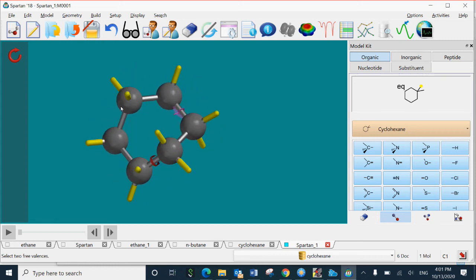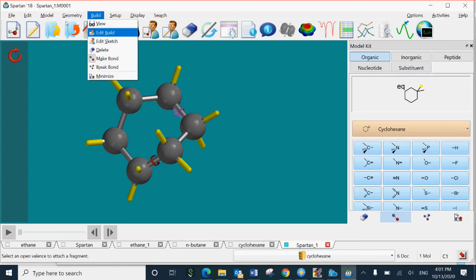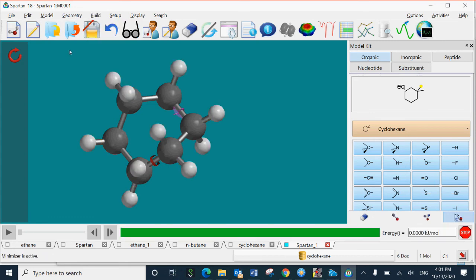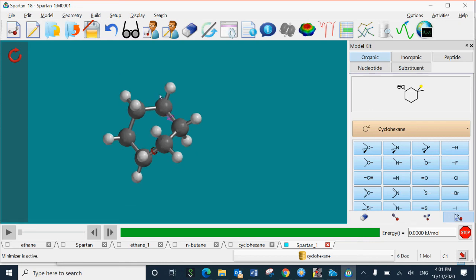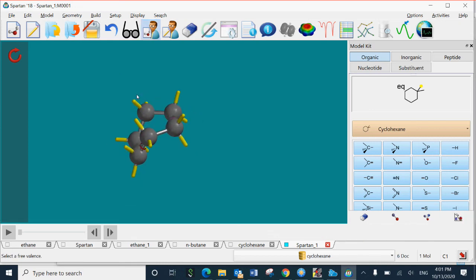Okay. Now go to build again, build the menu again, and click on minimize. So now you can look for the boat form.